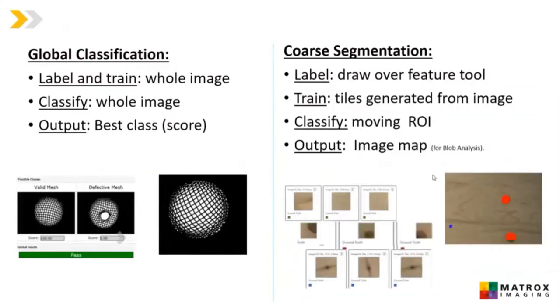And again, to reiterate, global classification, the label and training is done on the whole image. The classification, again, it's returned over the whole image. And the output is a best class or the class with the highest score, right? So that would be global classification. In coarse segmentation, we have